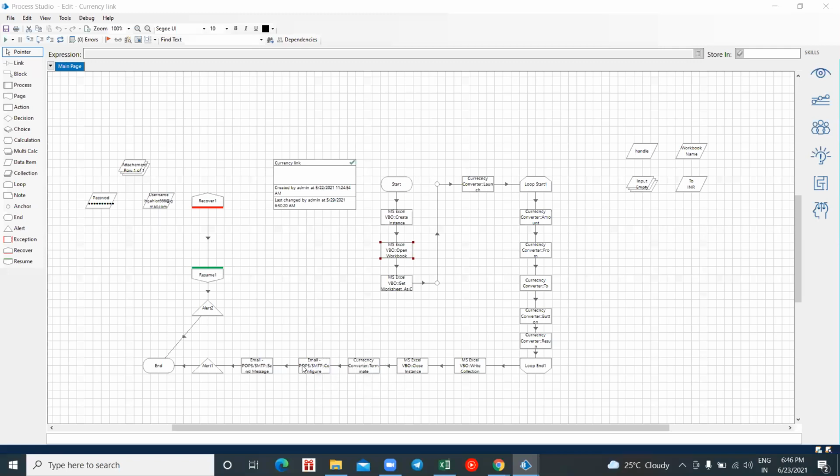Here I've even used email SMTP and POP3 to send and receive my emails. The email is nothing but whatever this Excel file is, which I have just shown to you. After storing my values, I'll have meaningful data there, and that meaningful data I'm sending to some person. So that is this entire flow. Now let me reset this flow and run it for you.